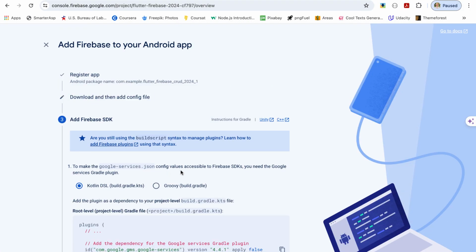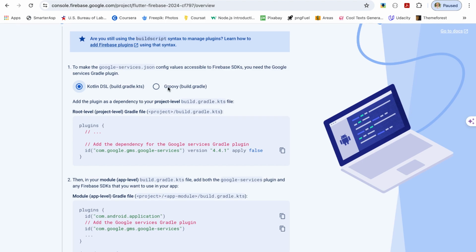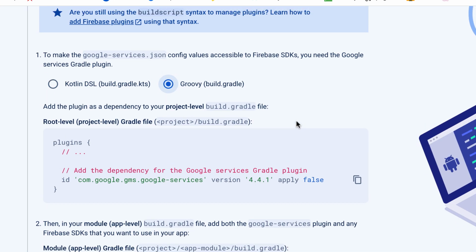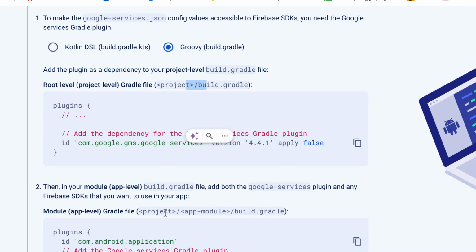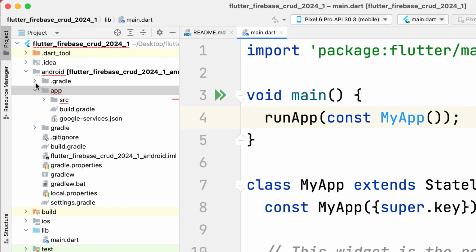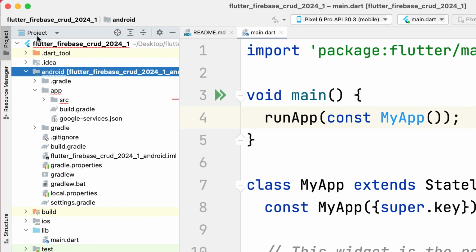So click next. Okay, and now I'm gonna select the Groovy option in here, and please note that there are two build.gradle files. One of them is inside the Android project, and one of them is inside the app directory of the Android project. So let's see the difference between them. So here's the Android project. Notice that I am in the project view. All right, and then